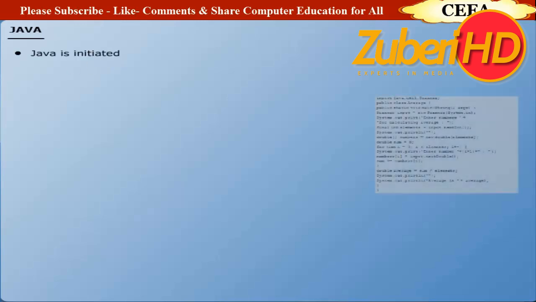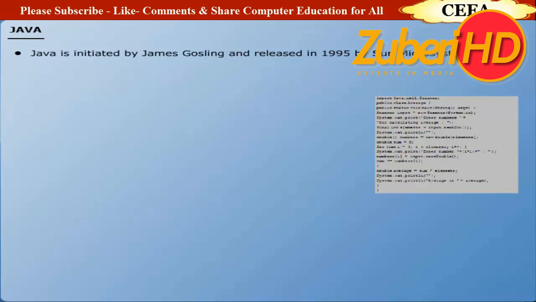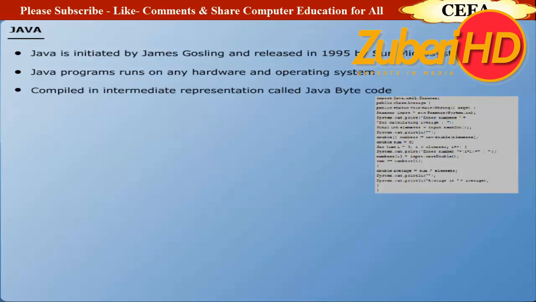Java. Java is an object-oriented programming language initiated by James Gosling and released in 1995 by Sun Microsystems. Computer programs developed in the Java programming language can run on any hardware and operating system platform. The Java code is compiled to an intermediate representation called Java bytecode. Later, this code is interpreted for execution by an interpreter called Java Virtual Machine. Some of the significant features of the language are: